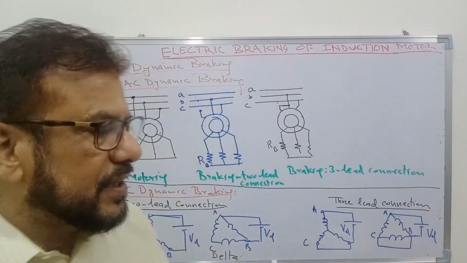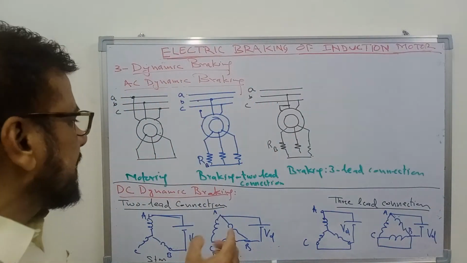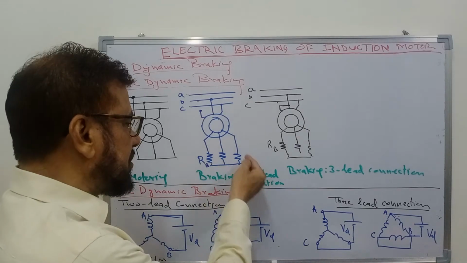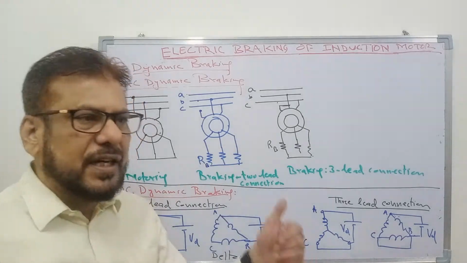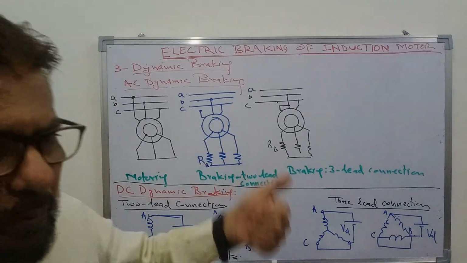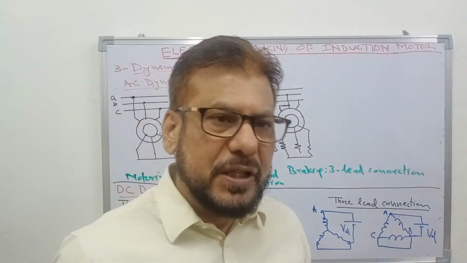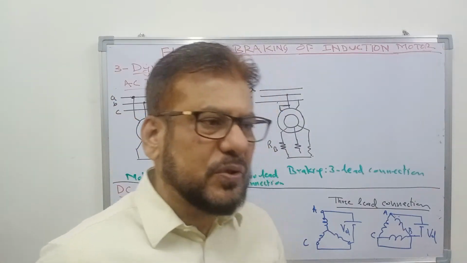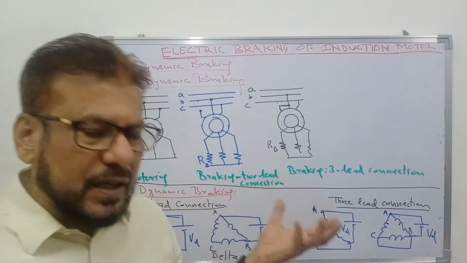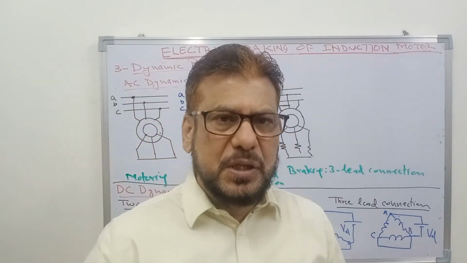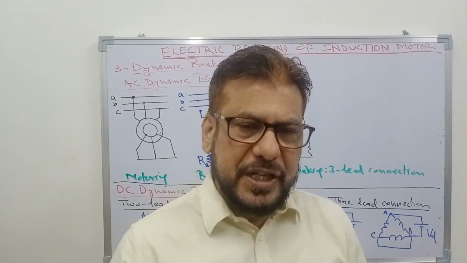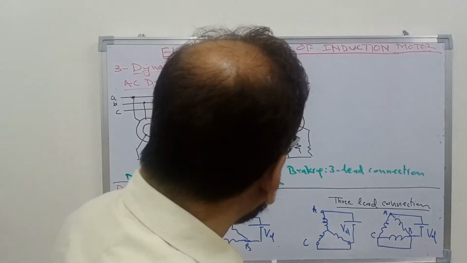You can see the derivation in the book, that if the rotor resistance is sufficiently high, then the backward rotating field will dominate and the net torque will be in the reverse direction. So you can say that the torque that will be produced will oppose the motion. In that way braking is achieved.